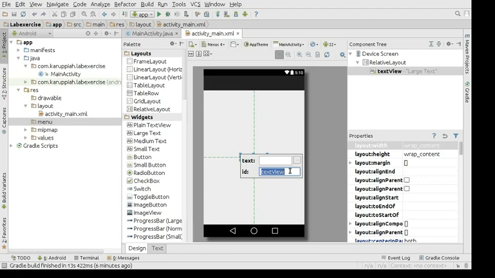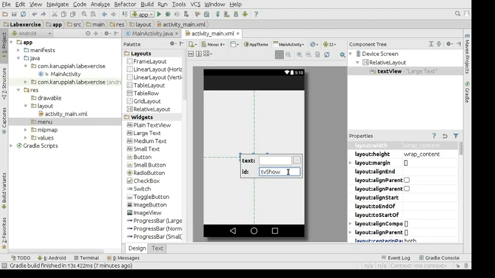You should have unique IDs for each and every view in your activities, and this is a good notation you can have. You can say TV, which is short for text view, and you can give a valid name based on the logic of the text view. So my logic is basically click a button and show hi. So I'm just going to say show.